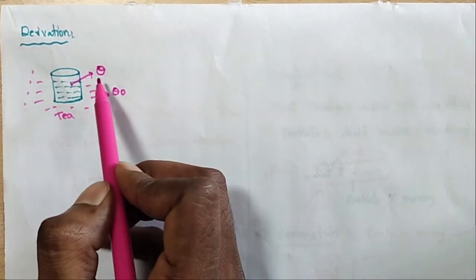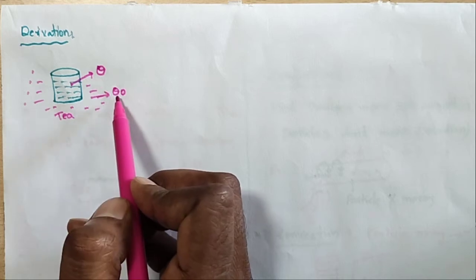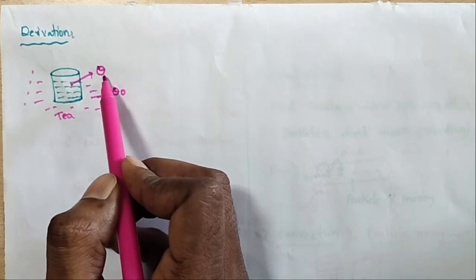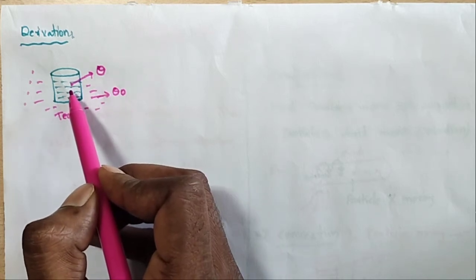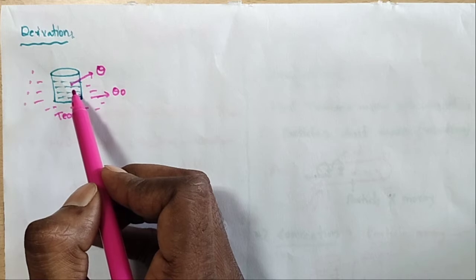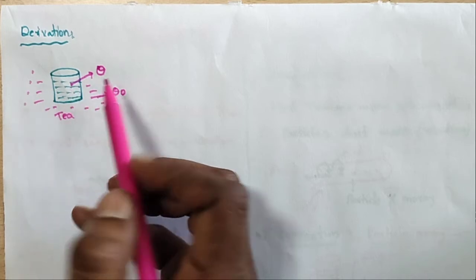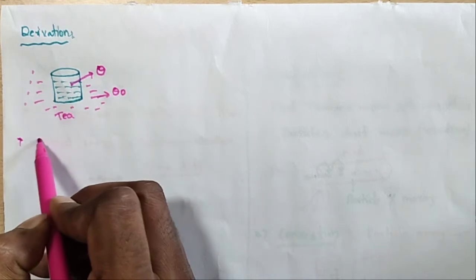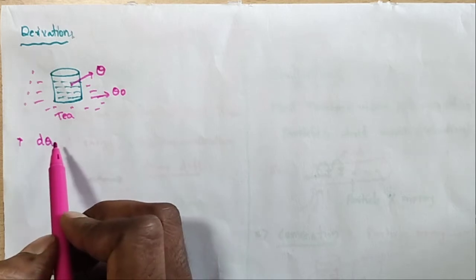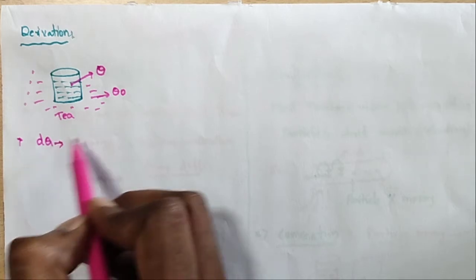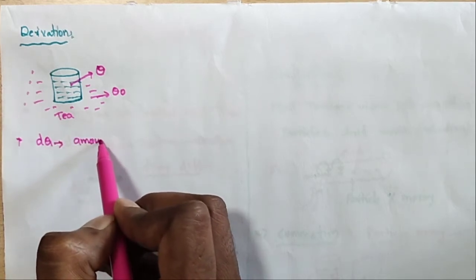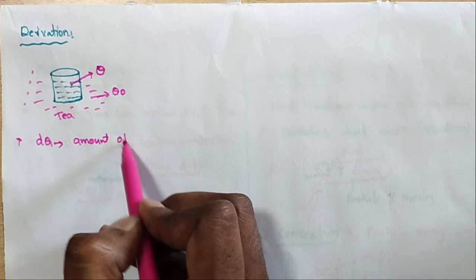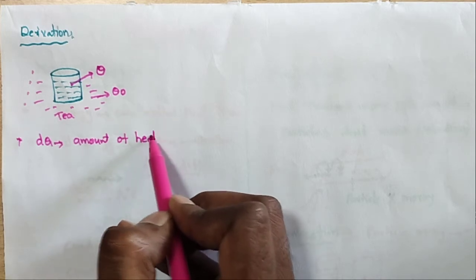The surrounding temperature is always less than the temperature of the object. Here, I am assuming dq is the amount of heat lost